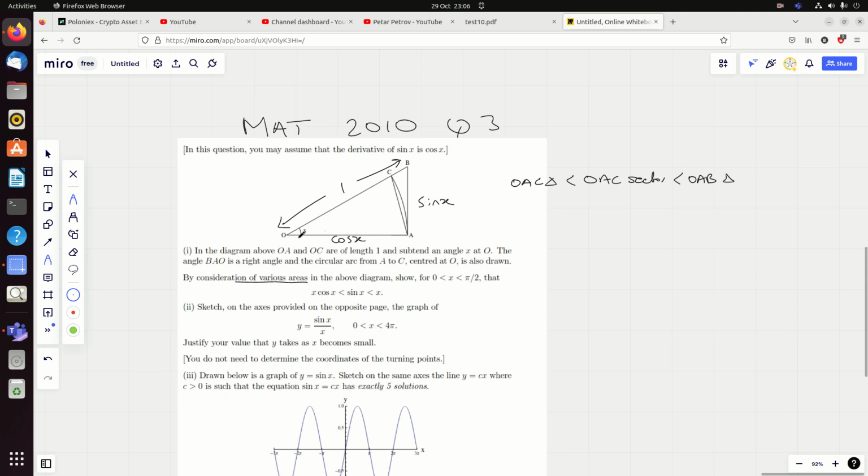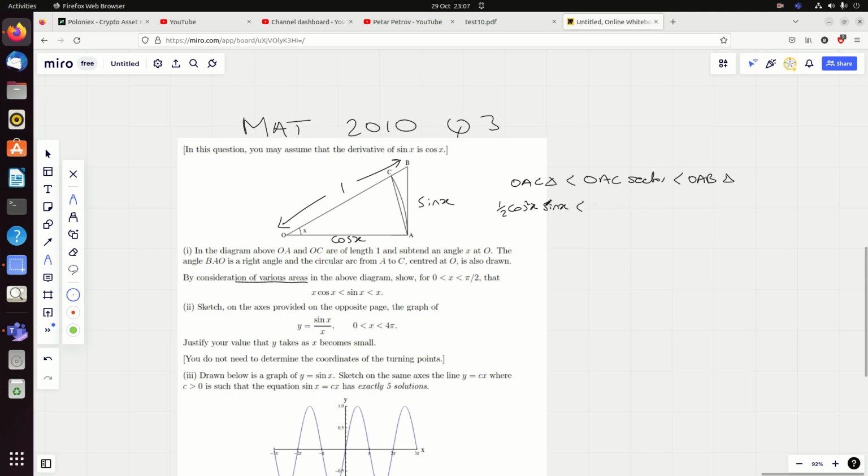OAC triangle. Well, if I do half, now, OA to OC is a sector. And so that is also going to have a length of cos x, that OC bit. So we can basically use the sine rule, a half AB, which would be cos squared x, sine C, which will be sine x. That must be less than,